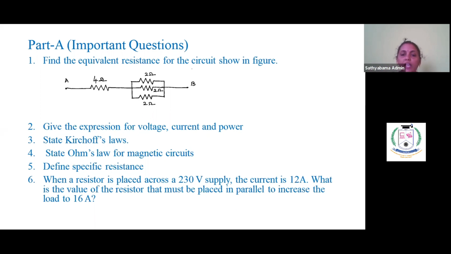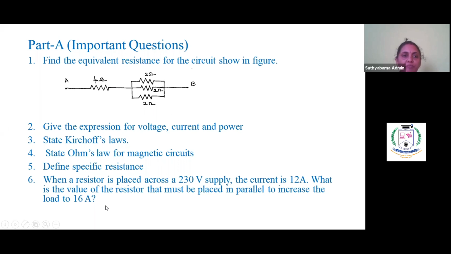And I2 and R2, because these are connected in parallel. Parallel means the voltage will be equal, right? So you can just equate I1 R1 is equal to I2 into R2. Then you can find out the R2 value. The R2 value will be the value of the resistor that has to be connected in parallel with the 16